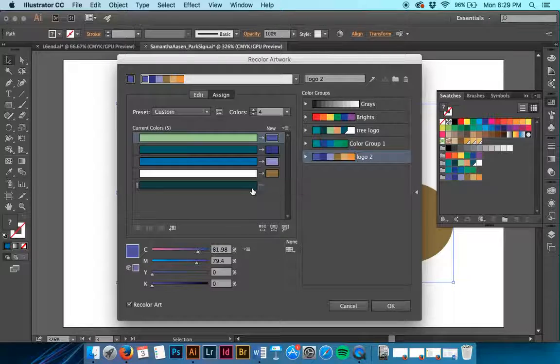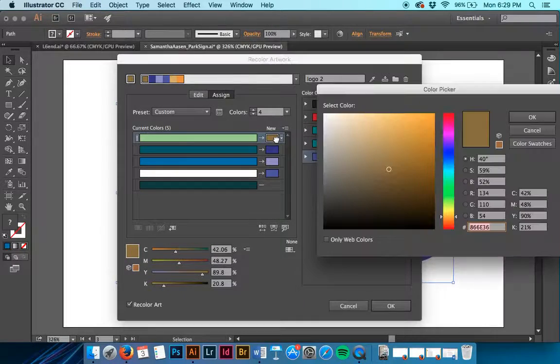Then next, we're going to drag this blue down on top of this brown, and just kind of switch those spots so those colors would be adjusted. And then we're going to double click this green. Now we're going to change this color. We're on page 200,